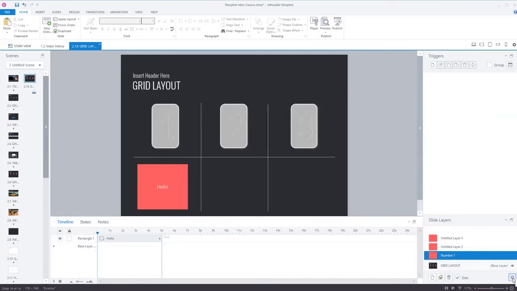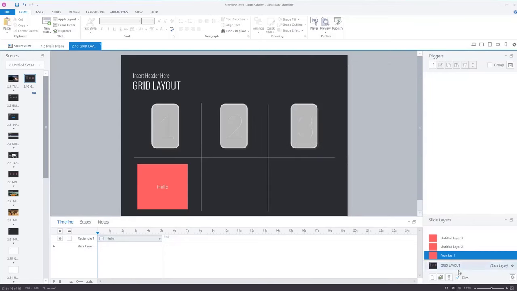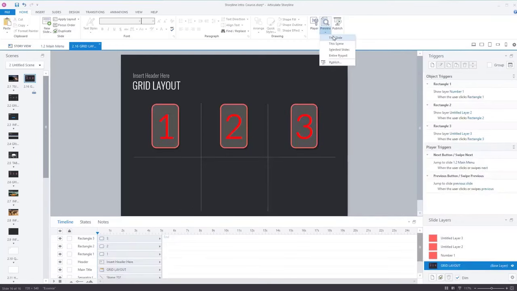Other things to notice, click on this little cog icon, and you've got hide other slide layers, hide objects on base layer, or hide slide layer when timeline finishes. So you've got lots of options here. If I go for this one here, which is hide objects on base layer, I'll show you how this looks. So if I preview this,